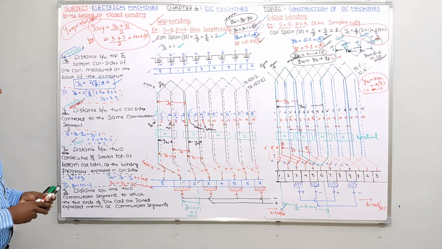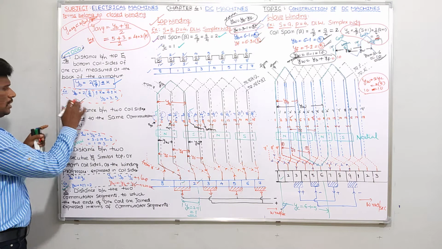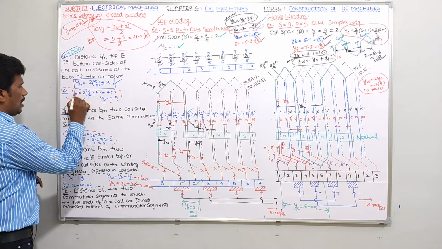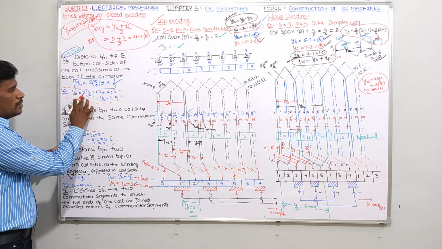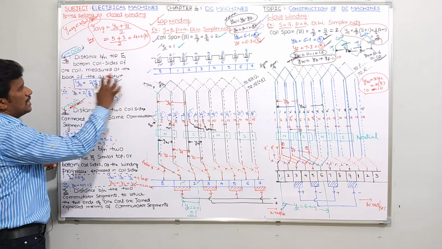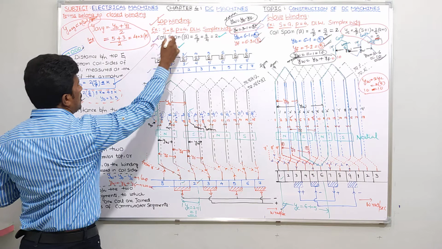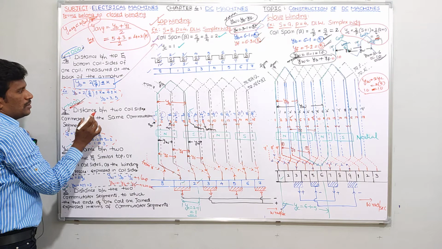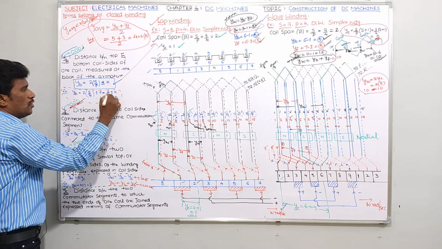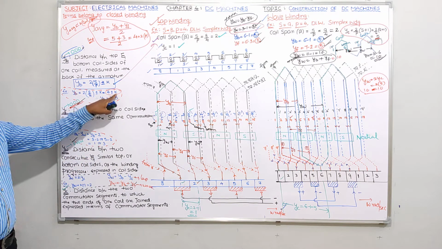Okay, yeah. Next. Now let me explain this box which is left. Suppose, for example, in this case, if you see here, YB formula, YB value is 2 times of slots per pole plus or minus K. So 2 into slots value, how much in this case, for the example, let me take lap winding here. So for lap winding, this formula is applicable. Okay. So slots I have taken 8, 2 into 8 by 4 poles, plus or minus K. Okay. So here let me take this 4 plus or minus K. Just wait for some time. This YB we are getting 4 plus or minus K.